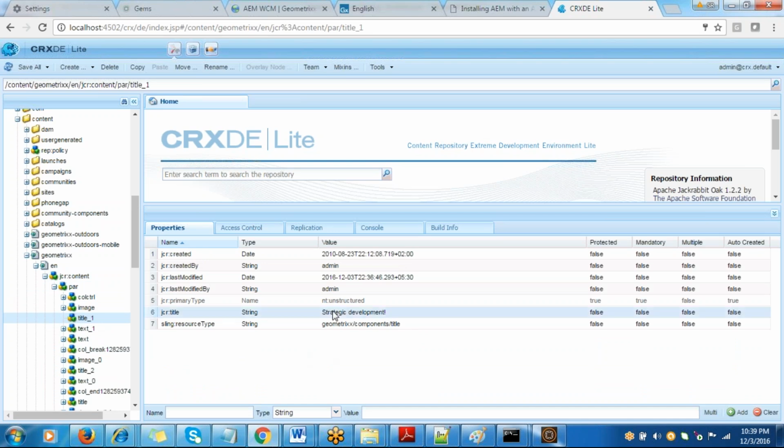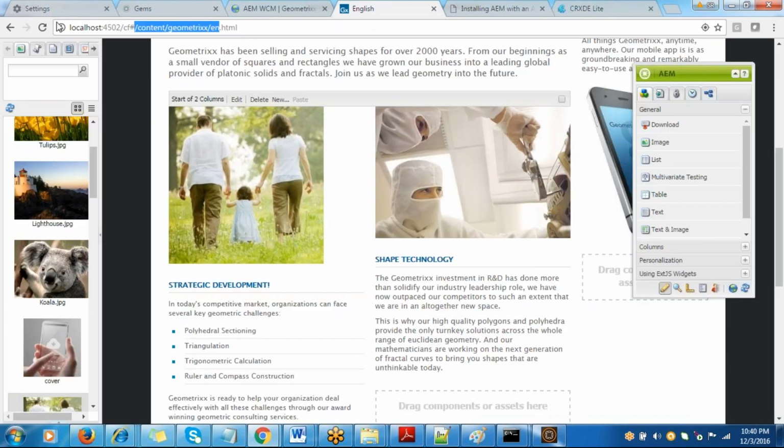So there is a property which says strategic development. Just modifying a property in the backend, instead of strategic, let's say training course, and save it. How do I save it? I just press Control S and it saves everything for me, or I could also do a save all here. The point I'm trying to convey is, if I change a property value here, this is the property name, which is jcr:title, which has a value training course, and the data type is string here. The moment I do this, and if I refresh my page,